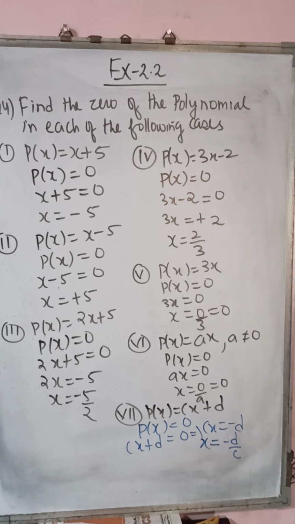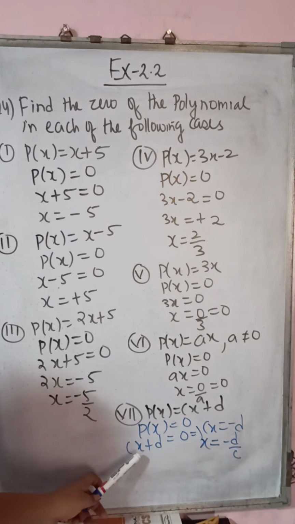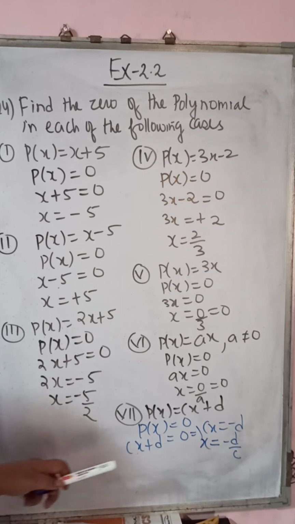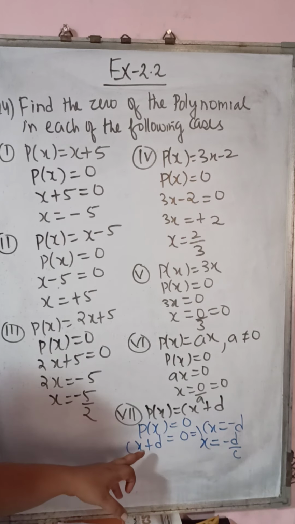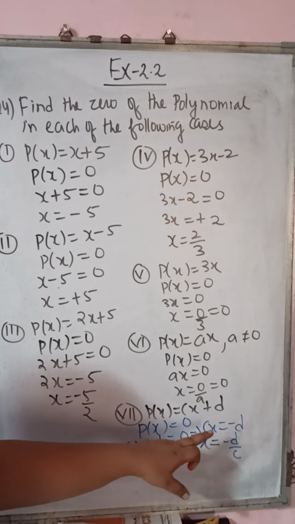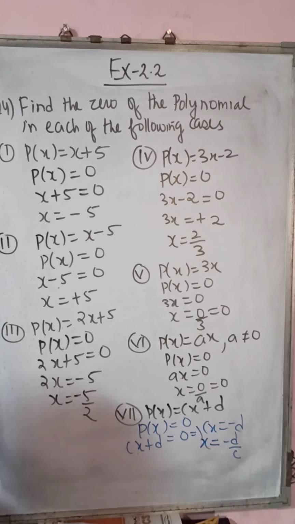Okay. So when they are asking you to find the 0 of the polynomial, it means they are asking you to find the value of x. So here also cx plus d is equal to 0. You have to find the value of x. So this plus d is a constant term here, so it has to be shifted to the other side. So cx is equal to minus d. Whenever you are changing the side of any term or constant, their sign also gets changed. So that's why plus d becomes minus d. So x will be equal to minus d by c. c is multiplying here, so when it goes to the other side, it is divided. So this question number 4 is done.